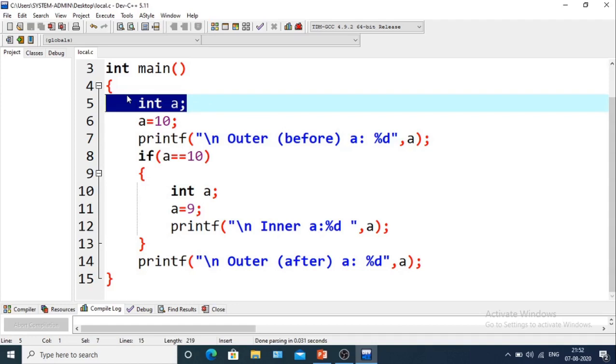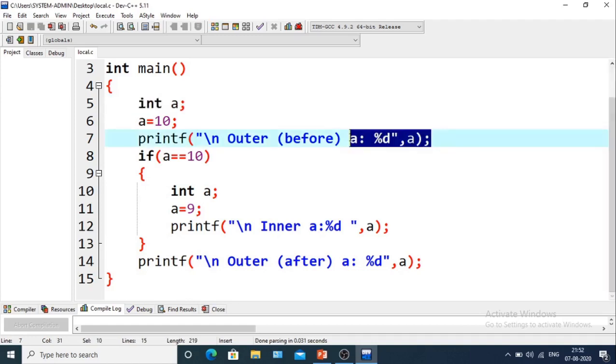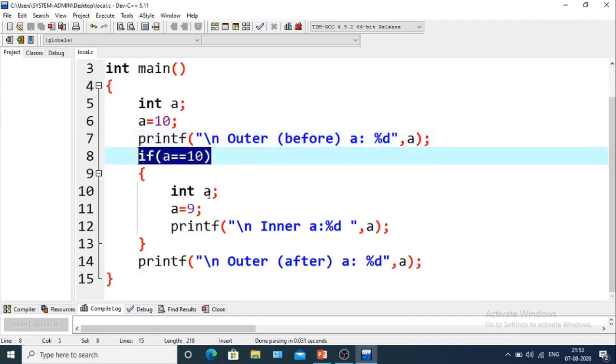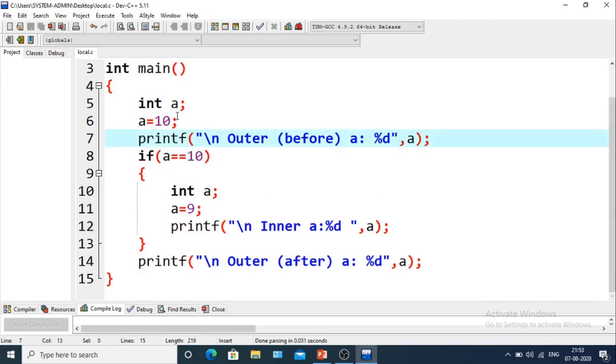Okay, so we can use the value of a anywhere in this main function. We have printed the value of a, and the value of a is 10, so that 10 will be printed here. Now there is a condition: if a equals 10, and obviously this will be satisfied, then we will take another